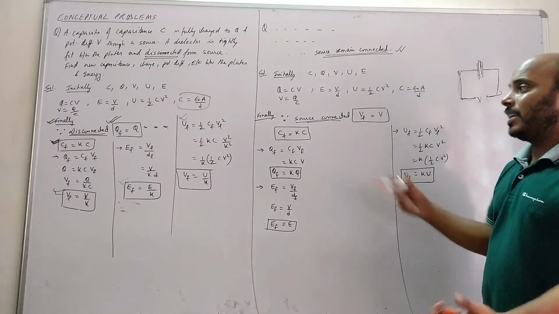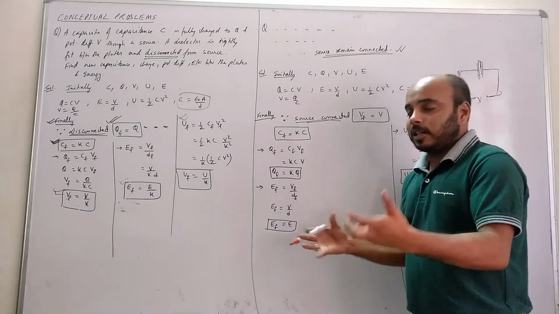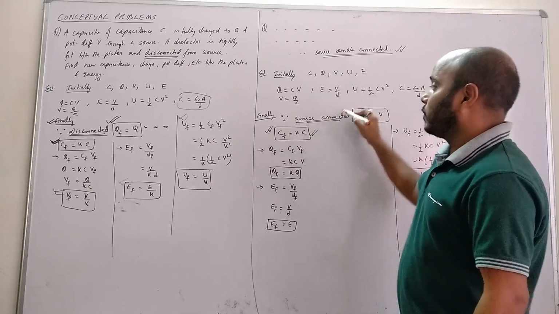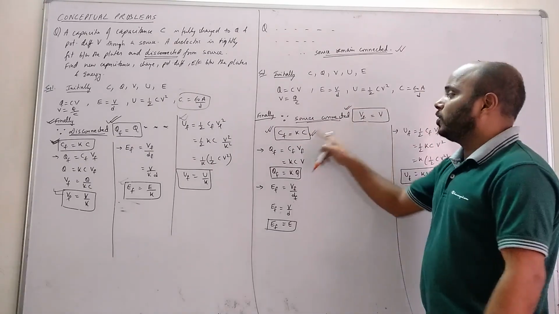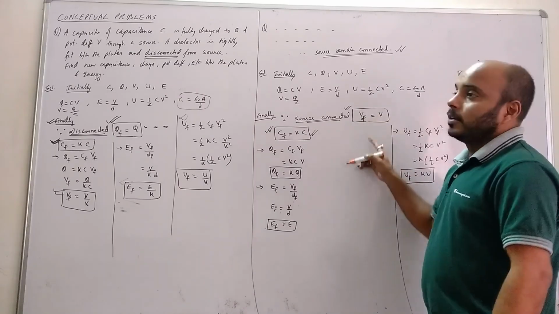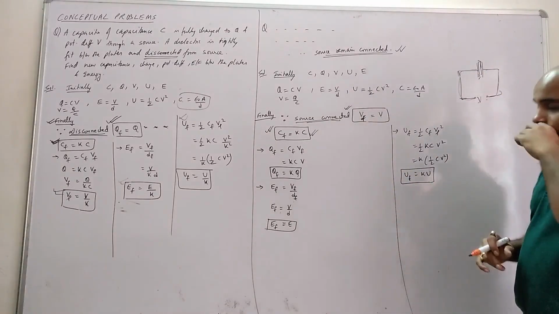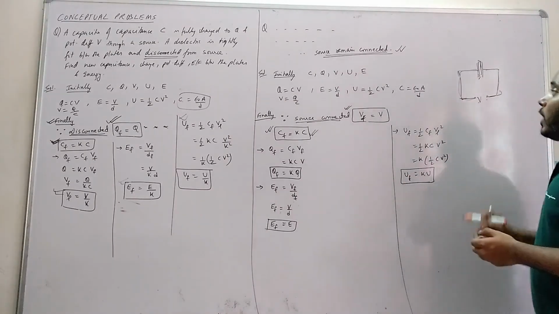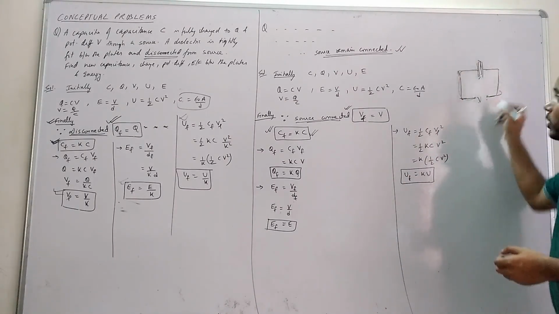Okay, and capacitance is irrespective of connection. So capacitance will increase K times because the dielectric is filled. So you have to remember these two things: that the potential difference remains the same. Is that okay, class? Now, what's the job? Charge will not remain the same. Why? The source is connected, so charge will continuously come.